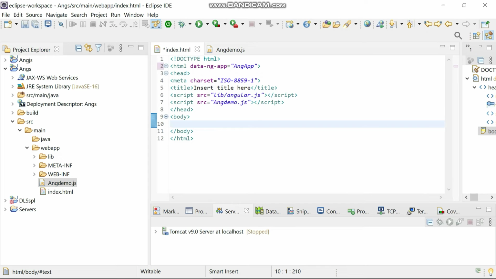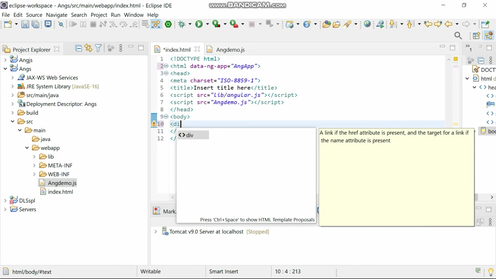What you do, we're going to use one more attribute, and before that it should be used within the div. Div, it is a division element.